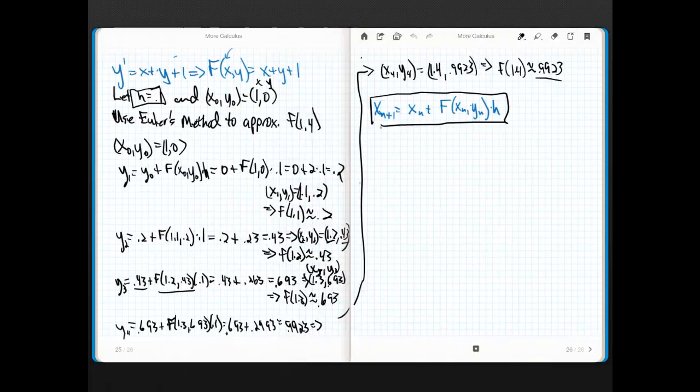All we needed was some notational band-aids as far as dealing with this f of x sub n, y sub n stuff. And then we needed to determine a fixed h, and off we go. All right. Not very hard. Really, probably the most important thing for you to remember is what Euler's method is used for. Let's write this down. Why Euler's? Why do we use it? To approximate